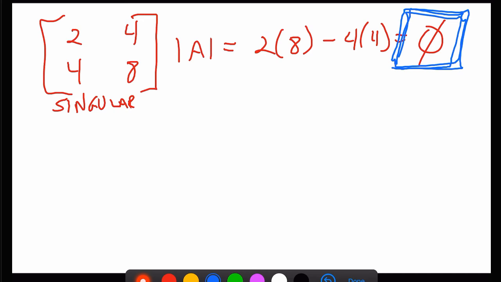Now, you're also saying to yourself, why does this matter to me? I don't care. Well, you care for 2 reasons. One is we need to find inverses, and determinants are used in finding inverses. The other is that maybe you've taken an econometrics class, maybe 262 or 441. And they told you, hey,